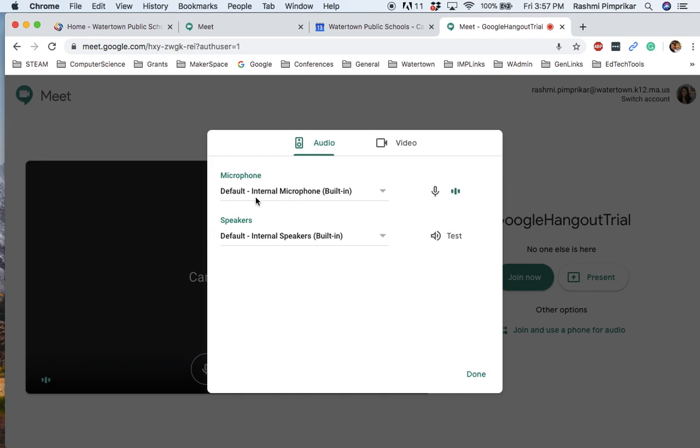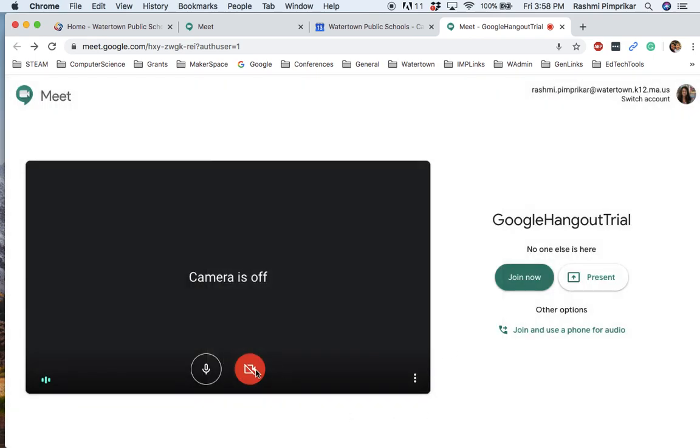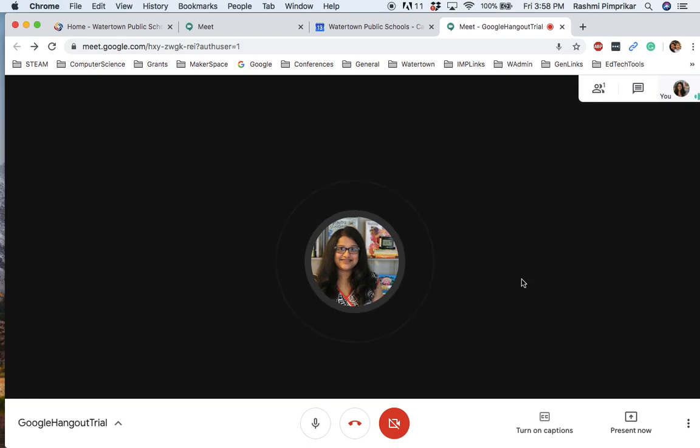So the audio settings is the default internal microphone and the internal speakers. For video, right now my camera is off, but you can see the FaceTime HD camera. You can choose a different definition of 360p or 720p, and then you have a high definition of 720p. If you're good with these settings, you're going to say done. This is where you turn on and off your camera, but you can also join the meeting. Right now, I'm the only one joining the meeting, so when I click on join, it starts the conference meeting,